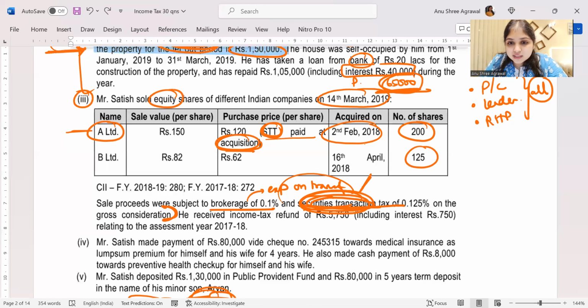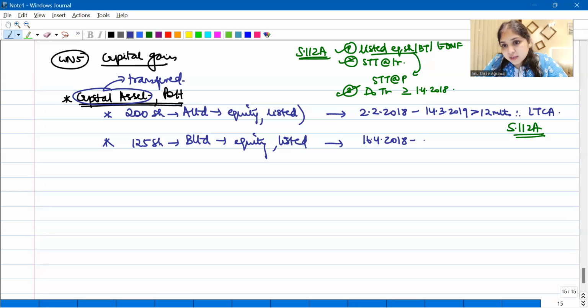When did I acquire these shares? I acquired them on 16th April 2018. I sold all the shares on 14th March 2019. Listed equity shares, relevant period of holding is 12 months. It is within 12 months. Therefore, what kind of asset? Therefore, short-term capital asset. Now tell me, is it 111A short-term capital asset or is it normal short-term capital